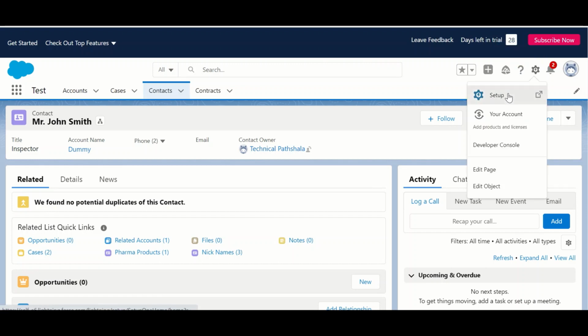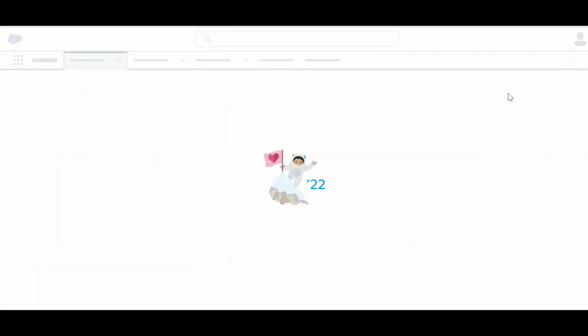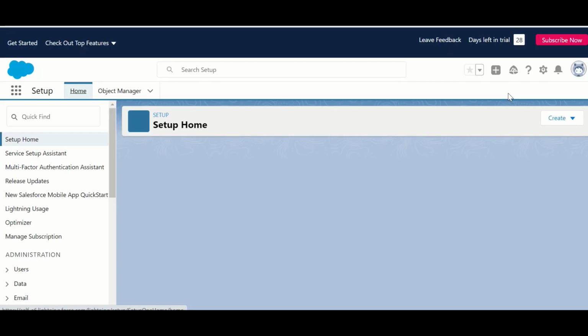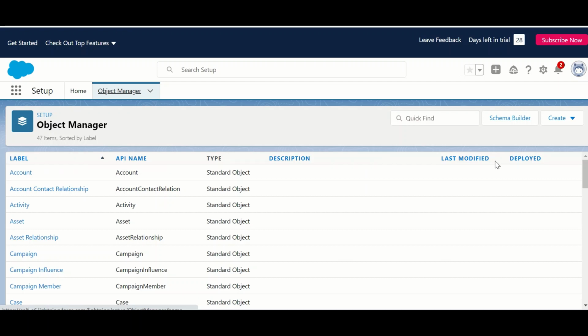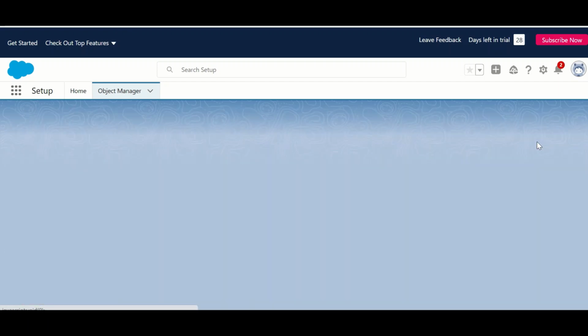So for this, first we will create one custom object for bank details. So in object manager, create new custom object.